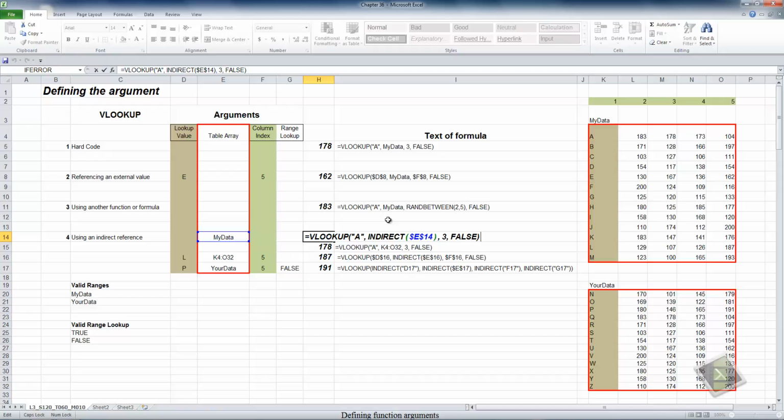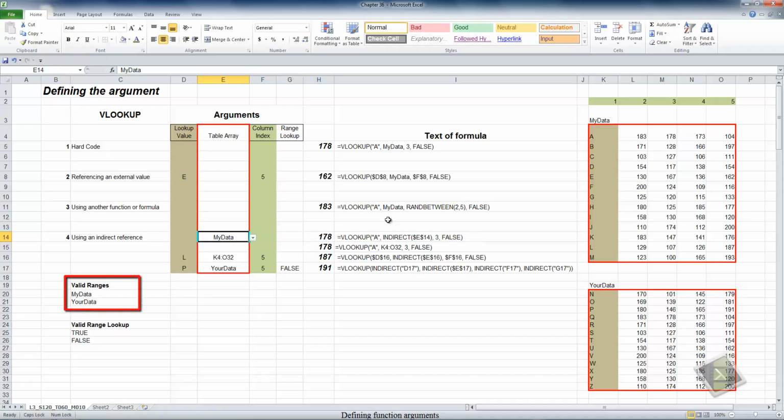And again, we have the lookup value, A, that's hard-coded. And then I'm using an indirect reference to reference cell E14 to define the region that the lookup function is going to look in to give me the value that's in column 3 in this case. I want to escape out of this. And I have some data validation set up so that the value of this cell can only be my data or your data. And when I change the content of this cell to your data, I get an error message in my VLOOKUP formula